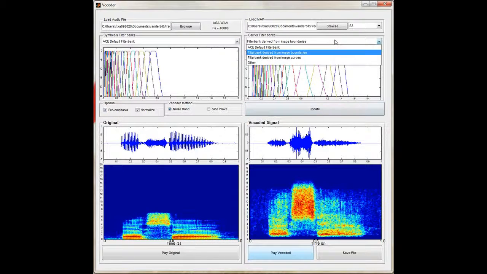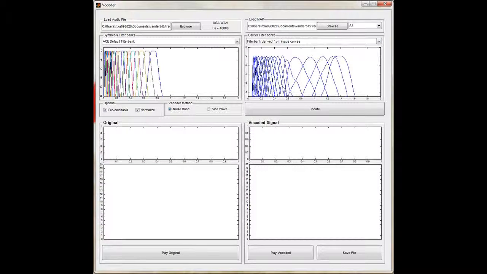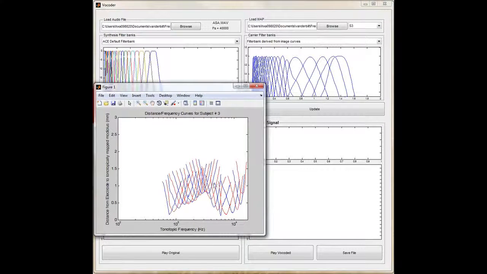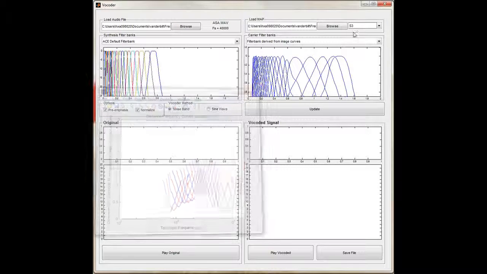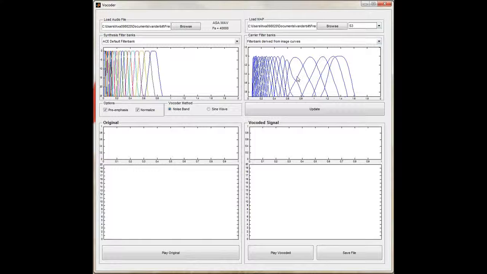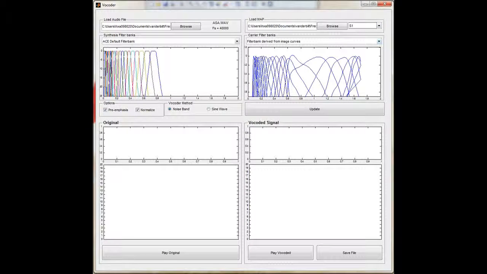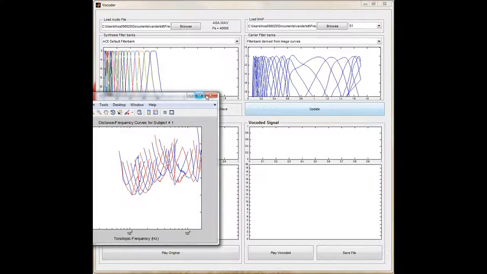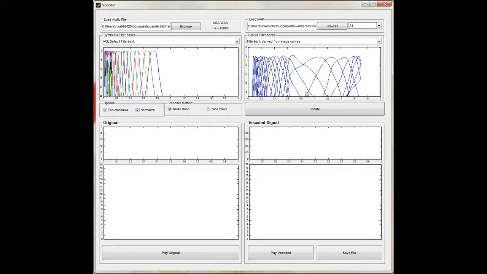Another feature in this application is to use filter banks which are derived from image curves directly. So the shape of the filter bank resembles the distance versus frequency curves here. This is done in the frequency domain. As you can see, the boundaries, the filter range and the filter shape are different. For example, in this case, there's a lot of non-linearity in it. So if we process with such a filter bank,